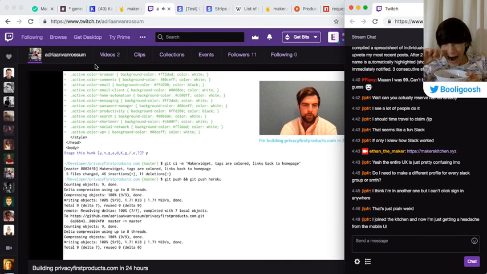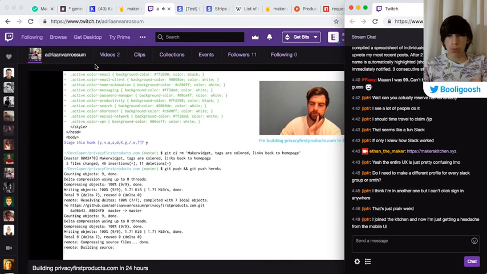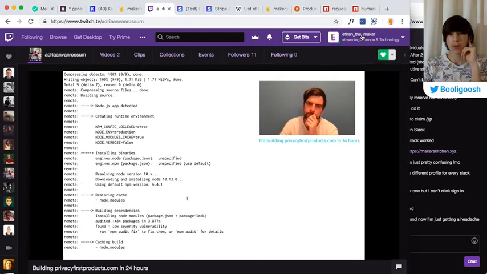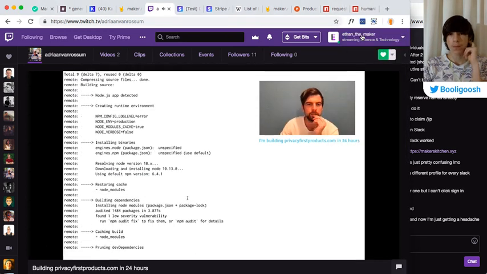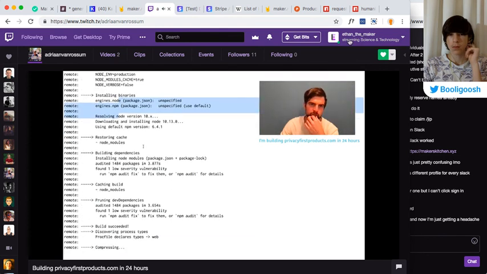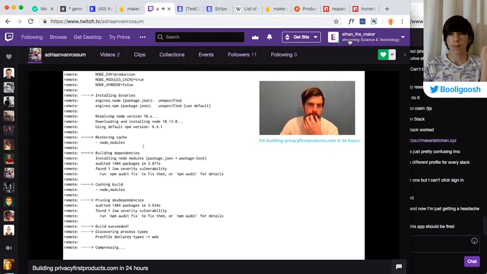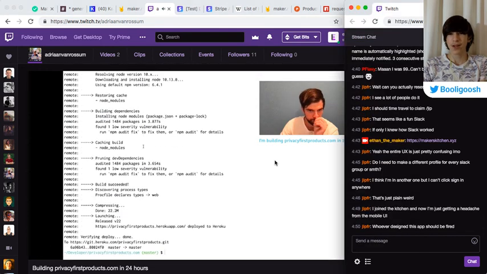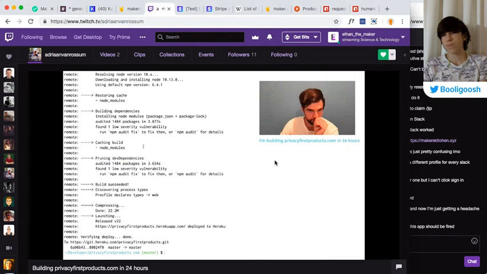Okay, so now it's pushing to Heroku. Usually it's good to specify your engines. I didn't, and it works. So no need to do that. It's not that bad, is it? I'm on Android. I don't know about iOS, but like,